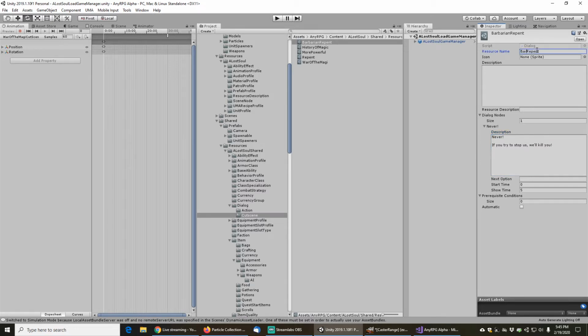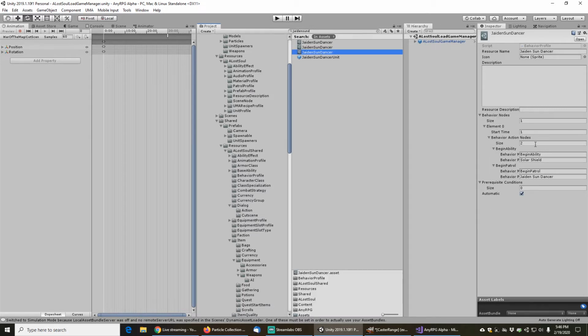Change this to Barbarian Repent. Okay, so now what we need to do is actually add these dialogues to some people's behaviors. So I'm going to add Repent to Jaden's behavior. So we'll go into Jaden Sundancer here, and at a start time of, I can't remember, it was like 7,